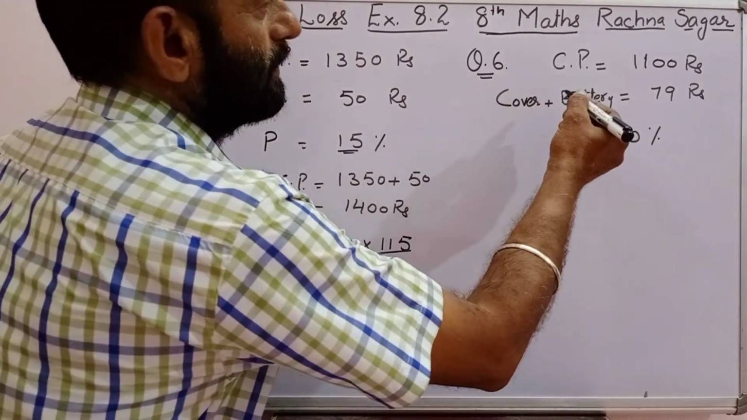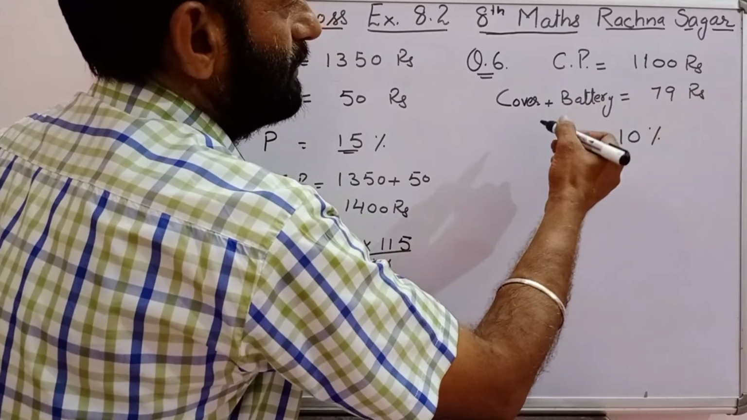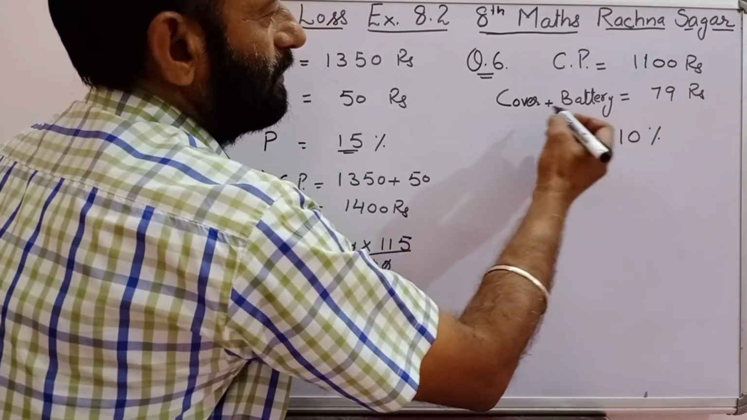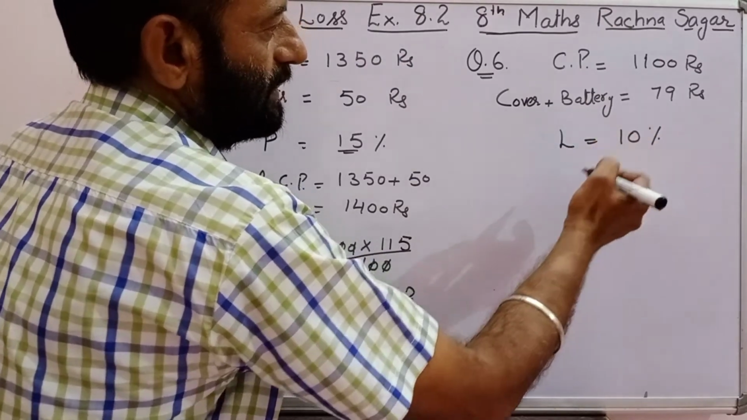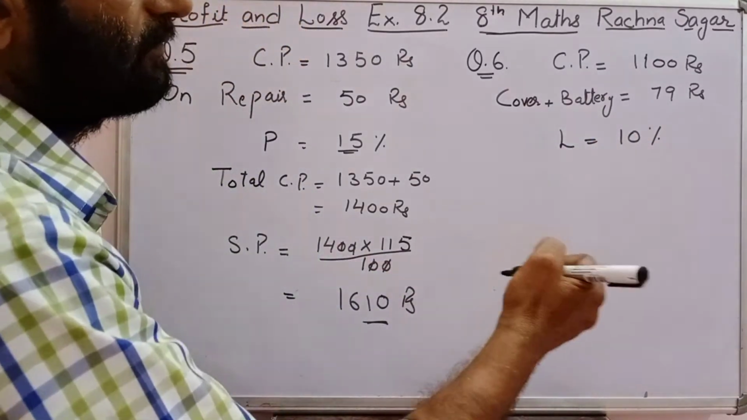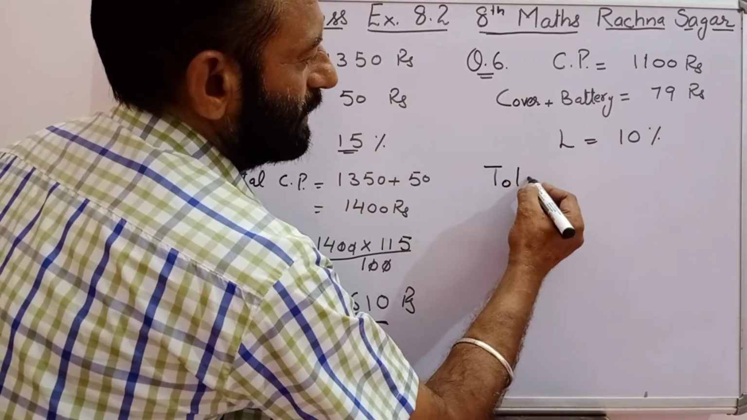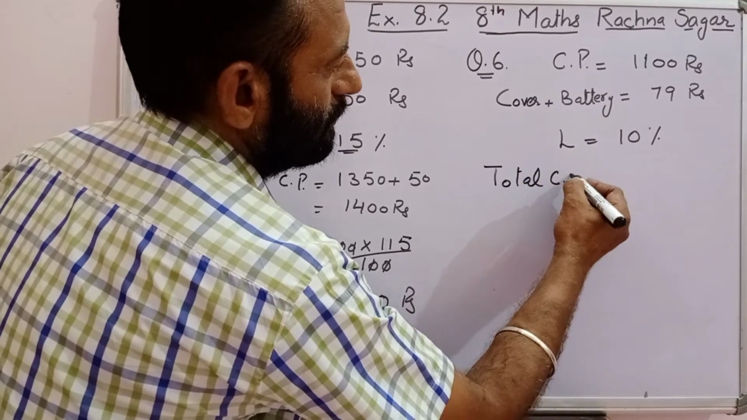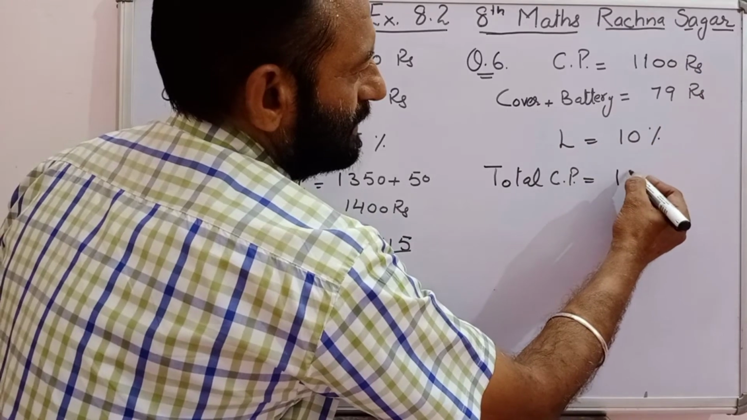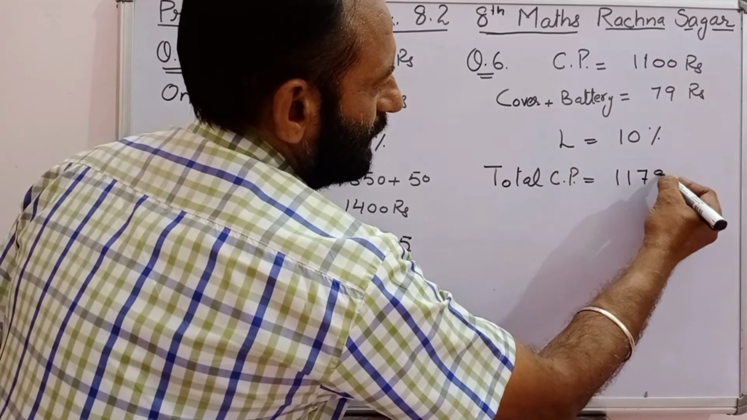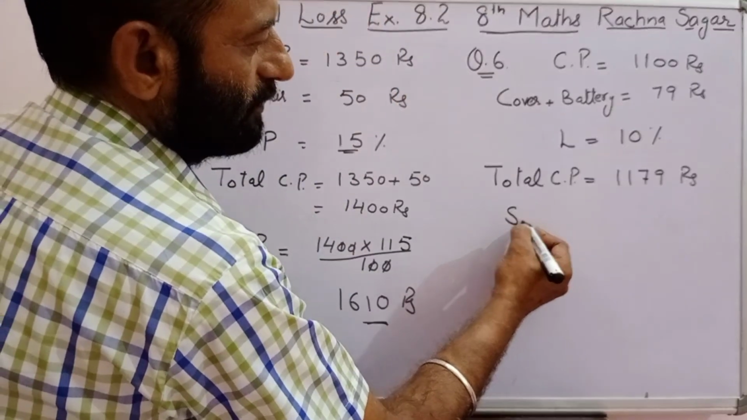Question number 6. A man bought a calculator for rupees 1100 and spent rupees 79 on its cover and battery and loses 10%. Find the selling price of the calculator. Now total CP of the calculator is equal to 1100 plus 79, that is 1179 rupees, and selling price, we know that